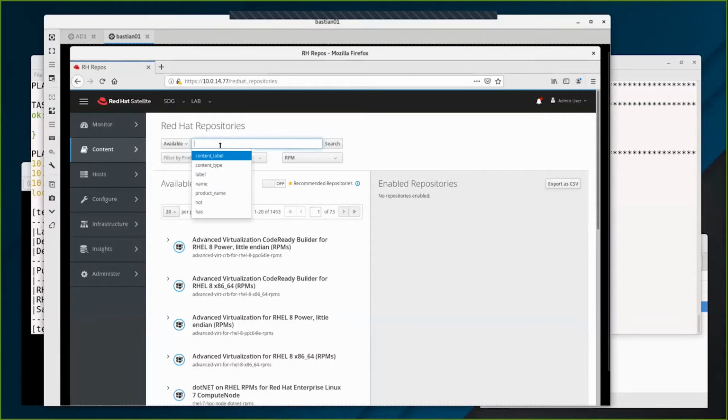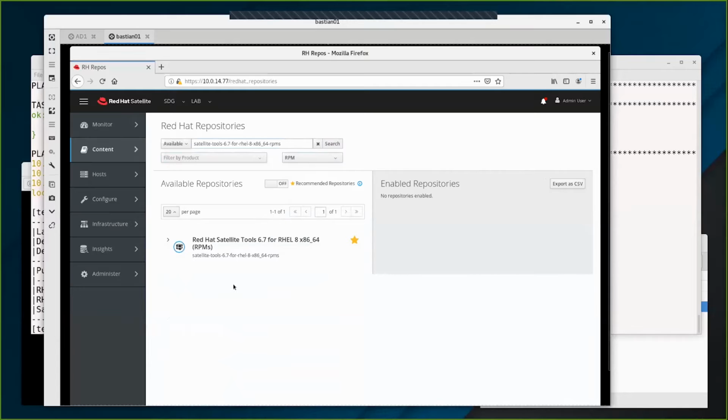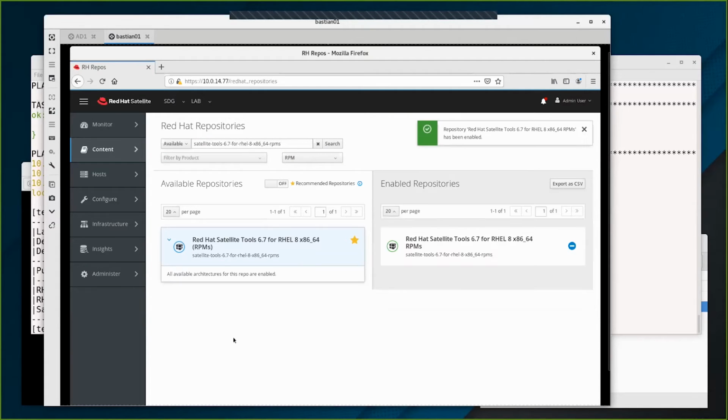So I'm going to search just because it makes it so much easier. I'm searching for Red Hat Satellite Tools for RHEL 8. I do a search, and it comes back with what I want. Now, I can click on the name, or I can click on this little greater than symbol over to the left. In the lab guide, I just told you to click on this little greater than symbol. I click on that, and it opens up a section where I can enable this repository. I'm just going to click on the little blue plus sign, and it now has